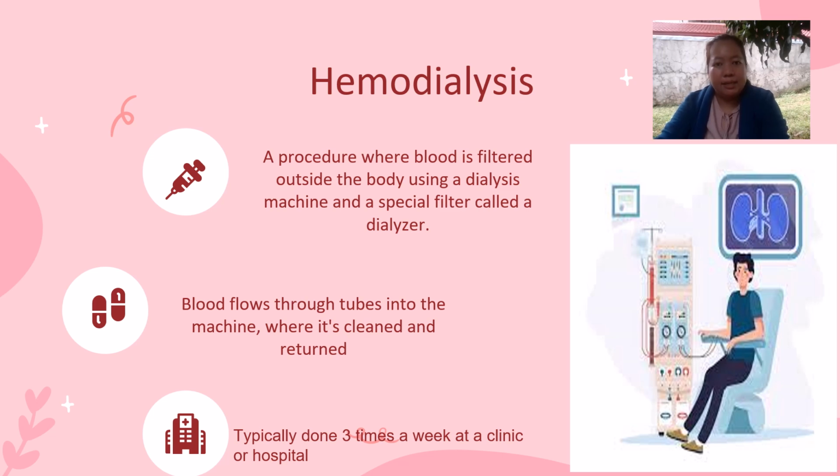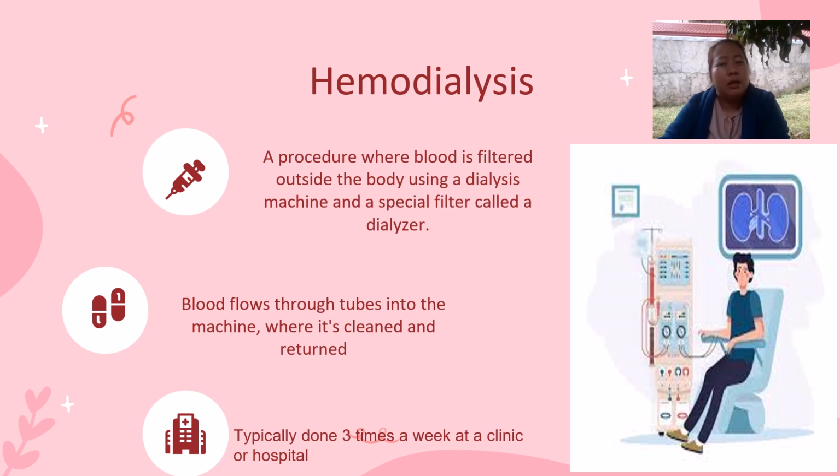Hemodialysis. Hemodialysis is a procedure where blood is filtered outside the body using a dialysis machine and a special filter called a dialyzer. There are two tubes in the blood lines. One tube is the arterial, in which blood enters, then flows, then is filtered in a dialyzer. The dialyzer will be your artificial kidney that filters blood to remove waste, toxins, and excess fluid when the kidneys fail. It uses a semi-permeable membrane to selectively filter waste products like urea, creatinine, uric acid,